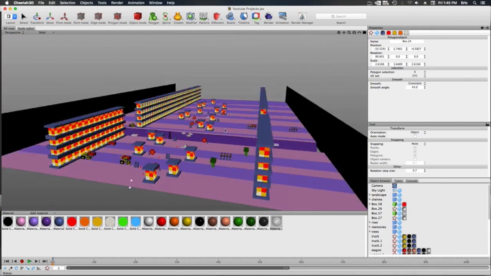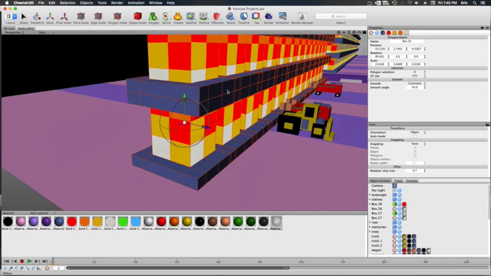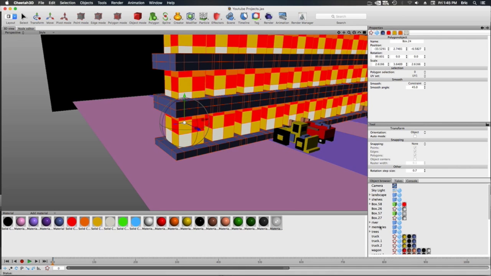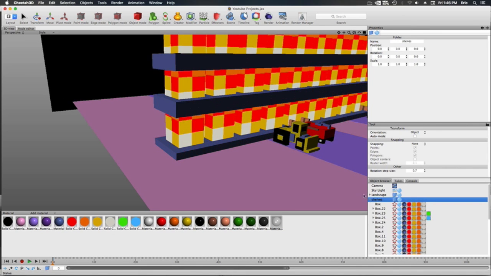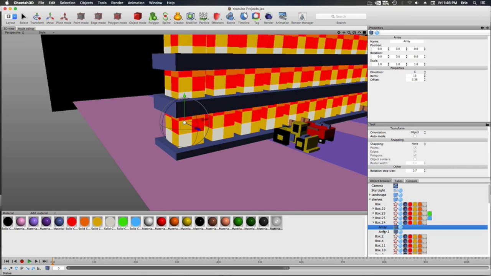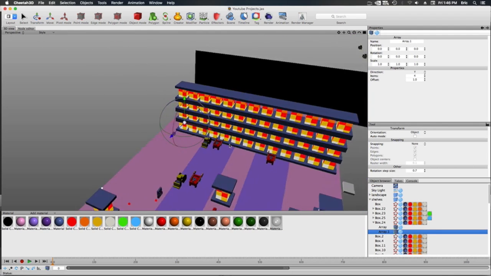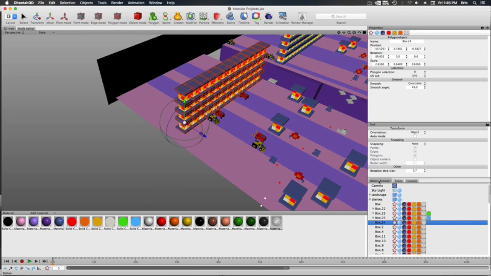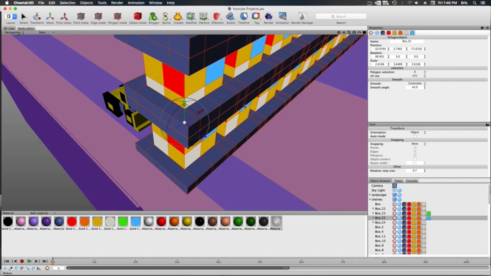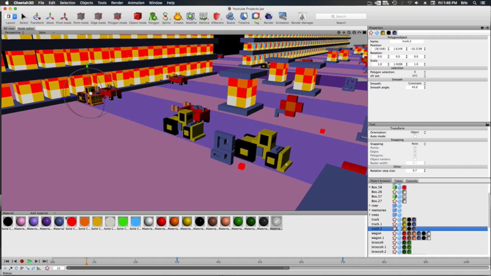So this is the entire layout. You've got the shelves here. For the shelves, I put in a couple of array effects that cause it to multiply itself greatly. So in the object browser, this entire thing appears as one shape, including this. I have multiple yellow trucks on standby, and they just wait their turn,